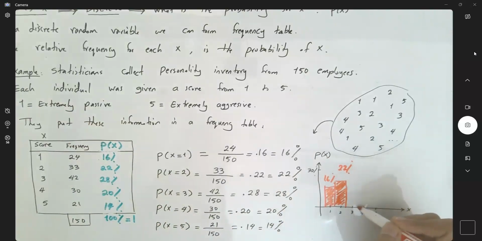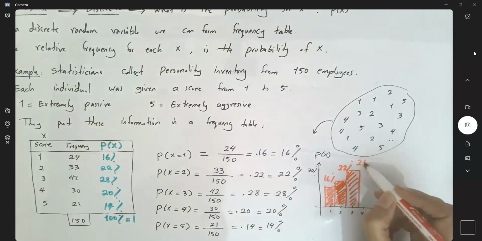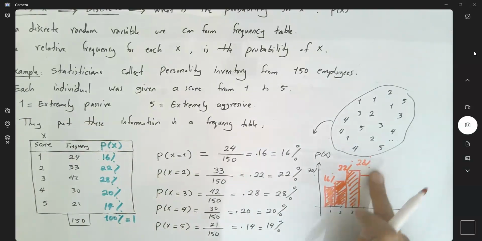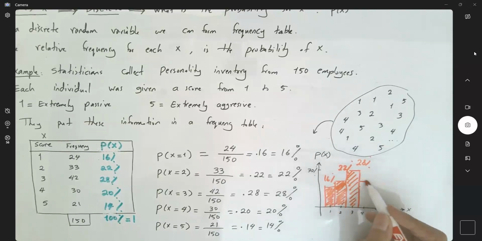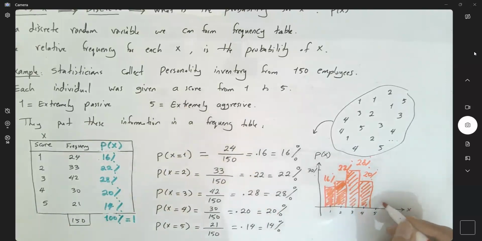So 28% of people who are working there got score 3. 20% of all employees got score 4. It's roughly here. And finally, 14% scored 5. Score 5 was extremely aggressive. So 14%, which is roughly